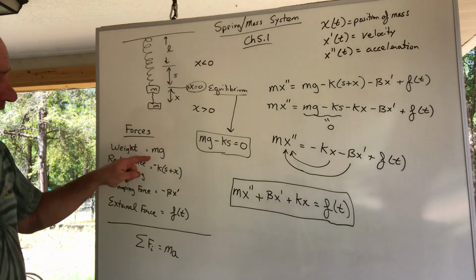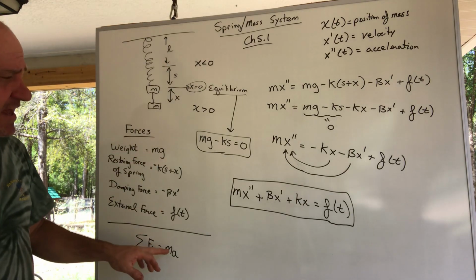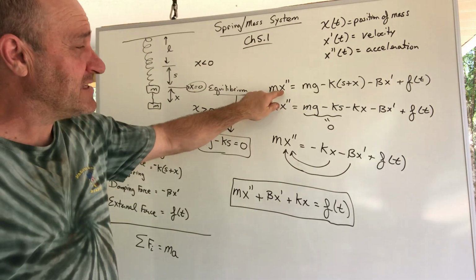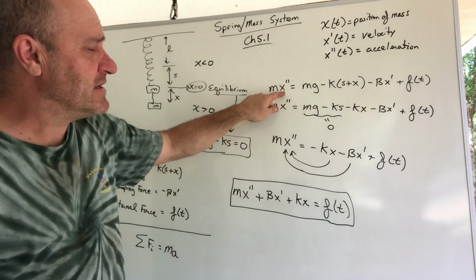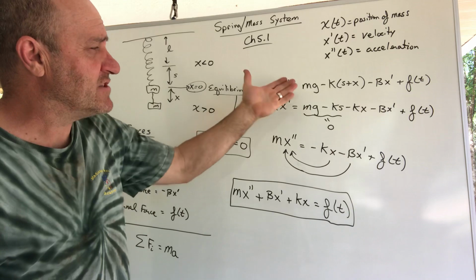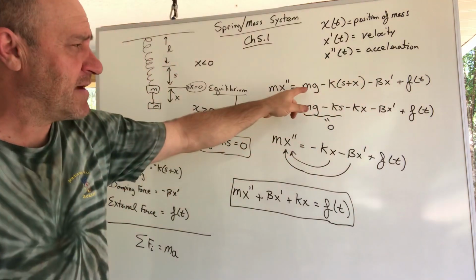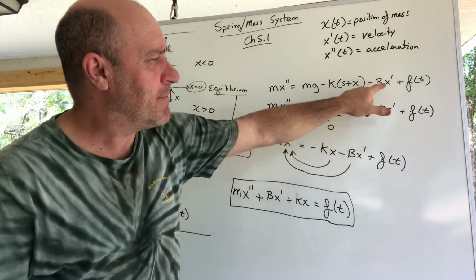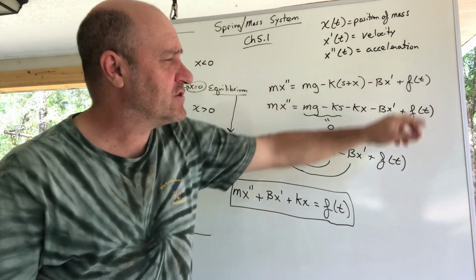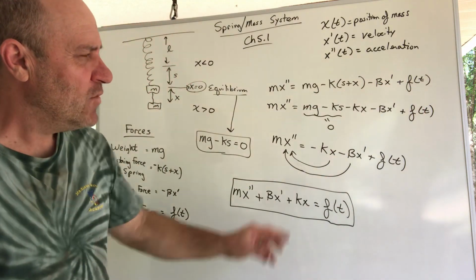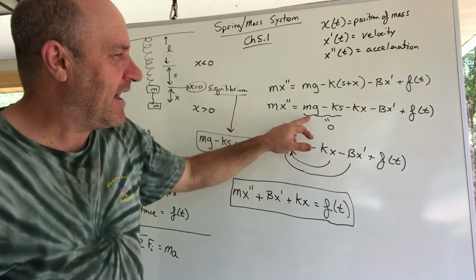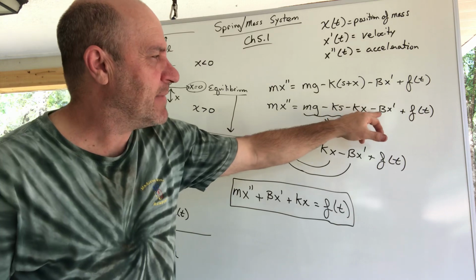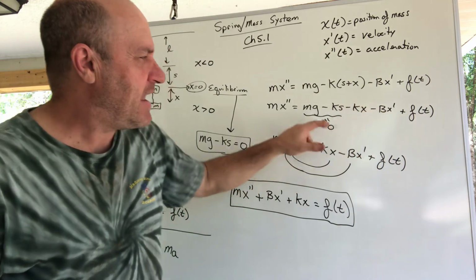Here we are. The sum of all the forces is ma, so I wrote that here. Ma, that's my a, because x double prime is acceleration. Ma is the sum of all the forces. So there's my weight, there's my restoring force of the spring, my damping force, and my external force. When you distribute that k, you get this: mg minus ks minus kx minus beta x prime,